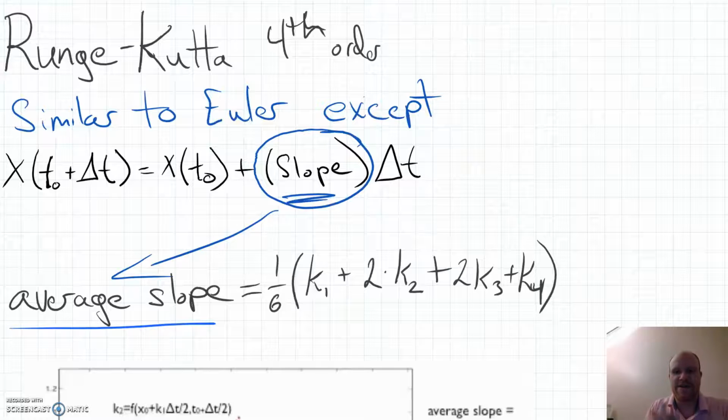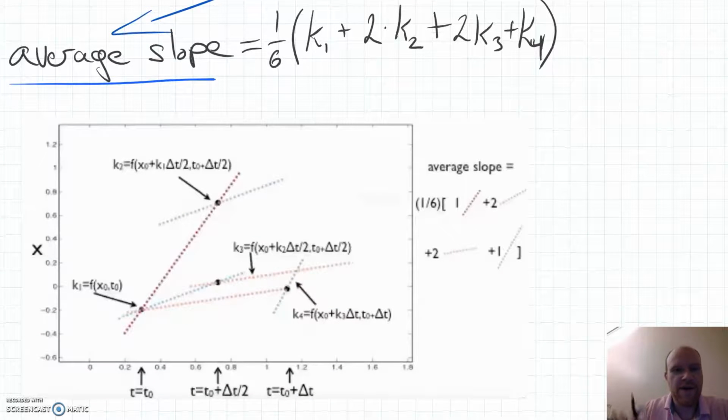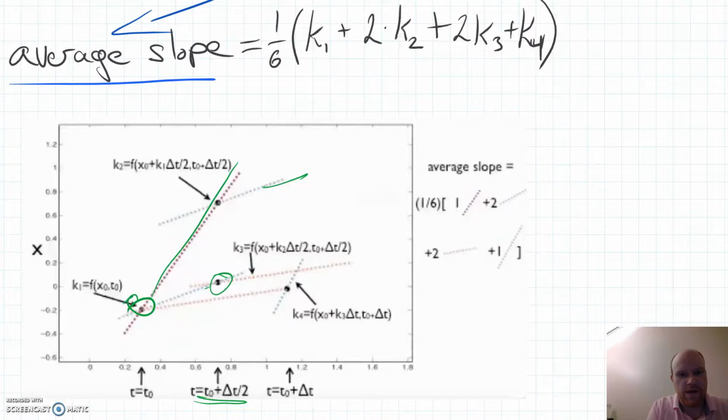Now, instead of trying to arduously draw this, I've got a picture here that I found, and it basically shows how you're summing up the various slopes. So you start at your initial point here, and then you calculate this slope once you've gotten to this midpoint, because you're not going all the way to the full delta t. So you go to a midpoint, and you calculate the slope again here. Then based on that, you adjust, create a new point here, based on applying that slope down here,